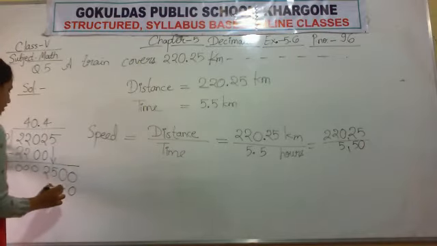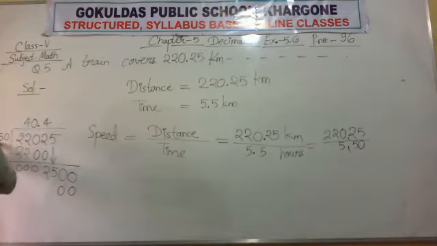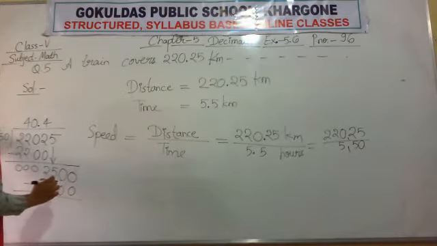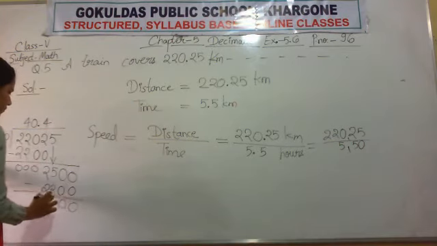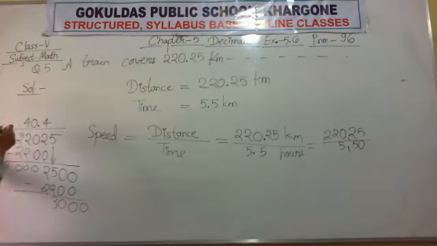Fives are 20, so 0 here, 2 carry forward, 4 5s are 20 and 2 is 22. Now subtract it. The result will be 300. Now you can put 10. If we further divide it, our result is